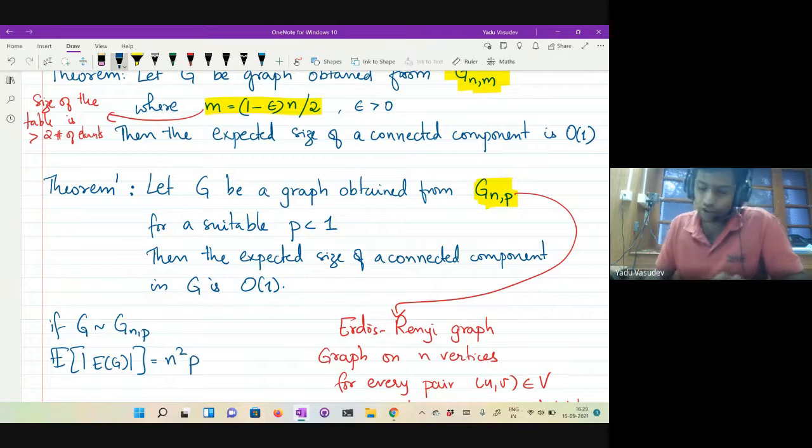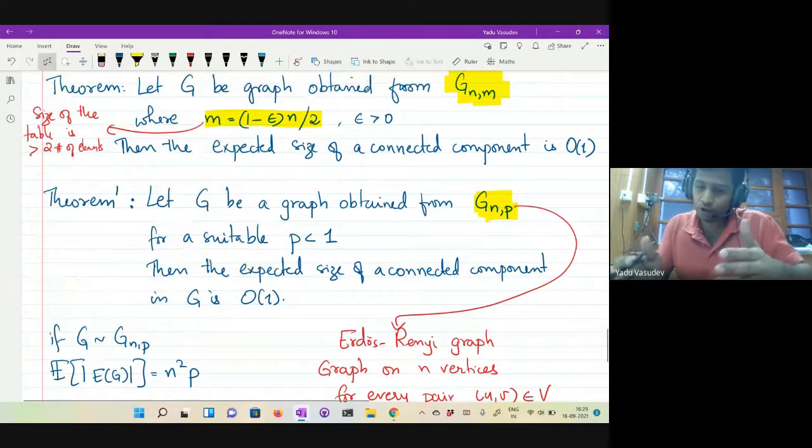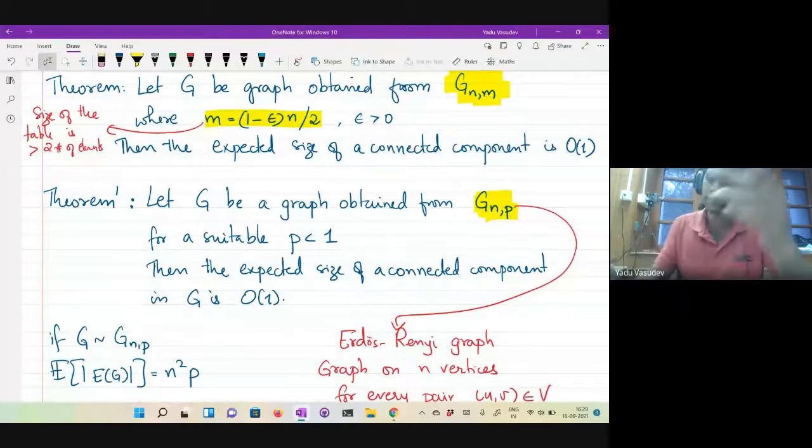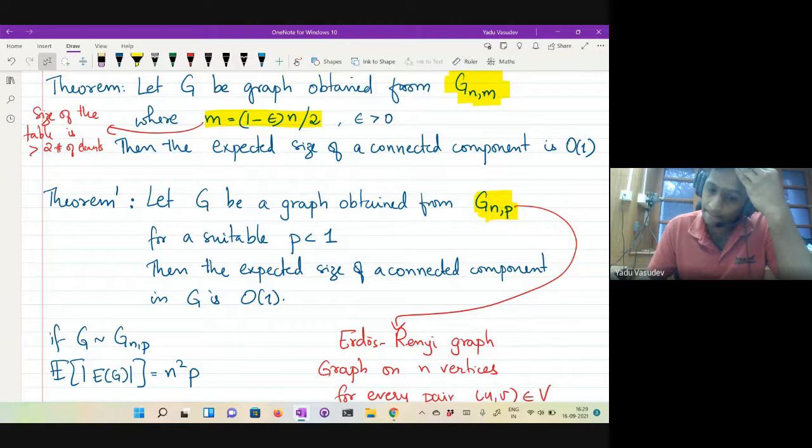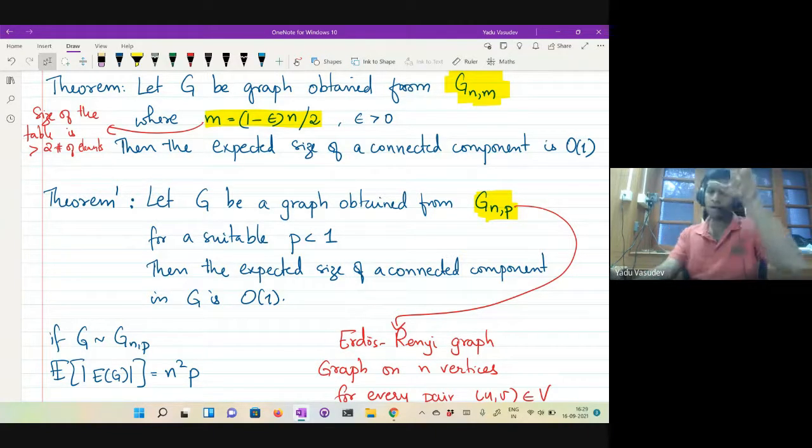Yeah. So now if you want to compare these two distributions, G(n,m) and G(n,p), what is a nice value of p? You want to prove the theorem that is written there, whereas you are going to try and prove theorem prime, and then say that proving theorem prime is sufficient to imply the theorem. So what value do you want for p?